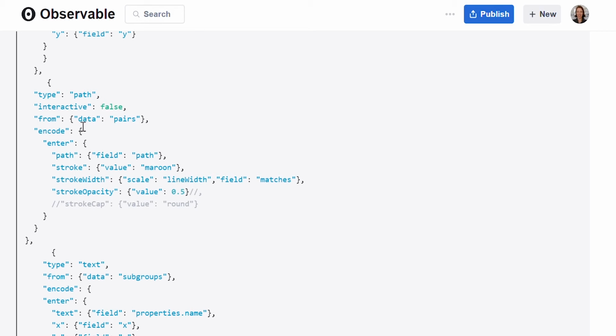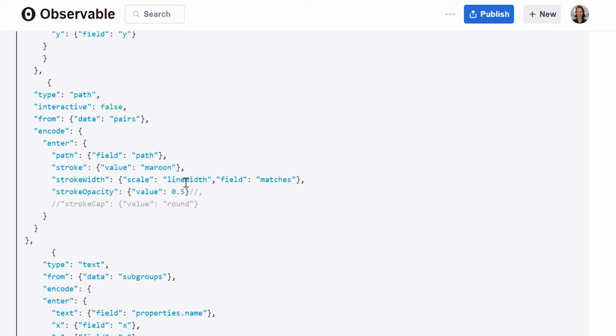We've retrieved it from the data pairs, and then we encode it to be on the enter. We draw that link path that we created. We draw it using the path property, which is its default location where that transformation writes to, and we've set